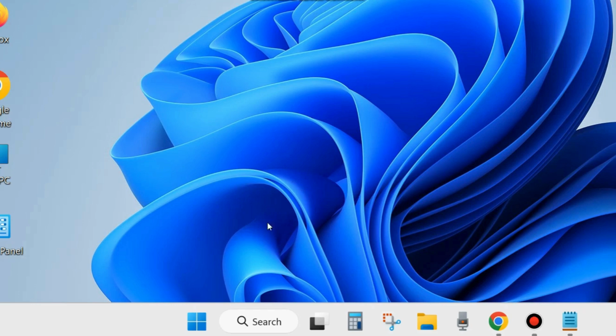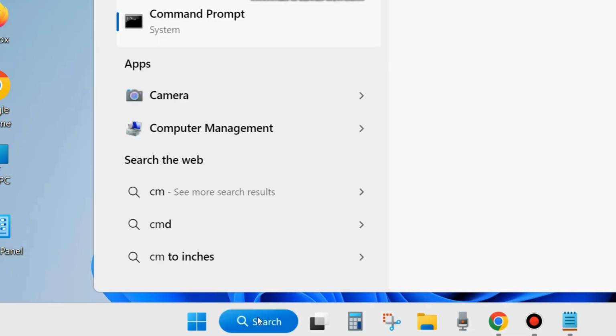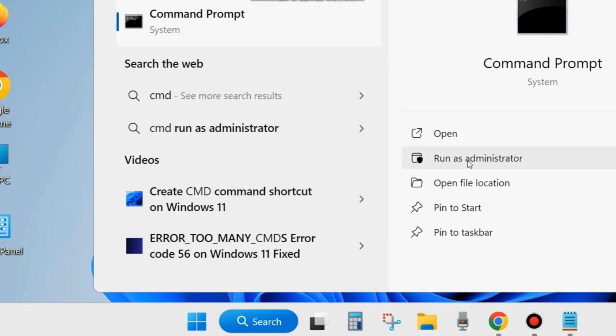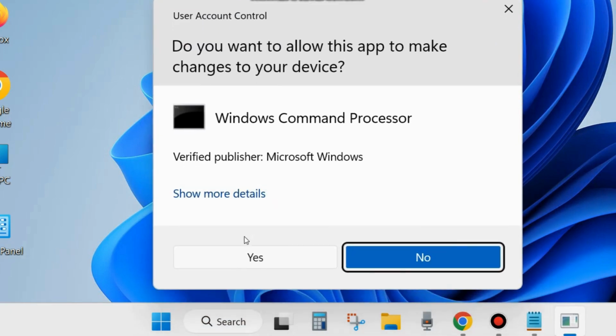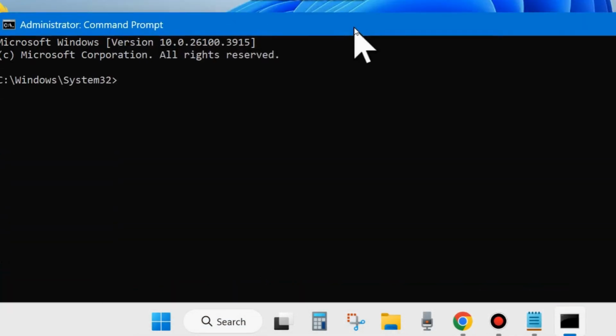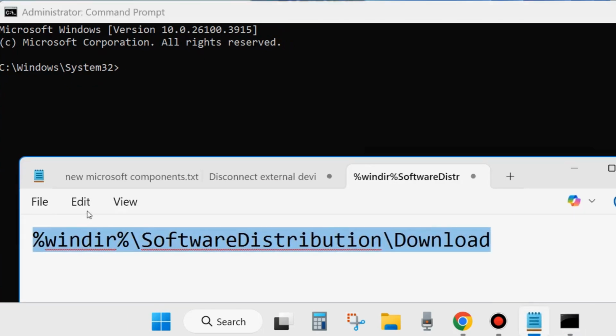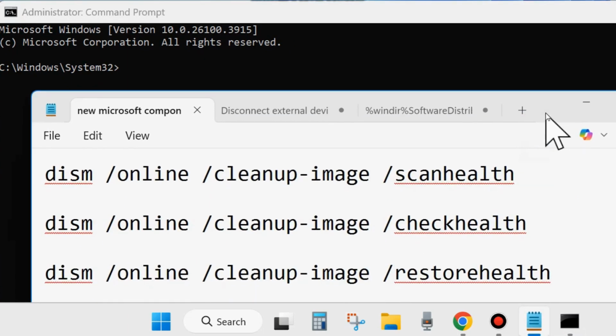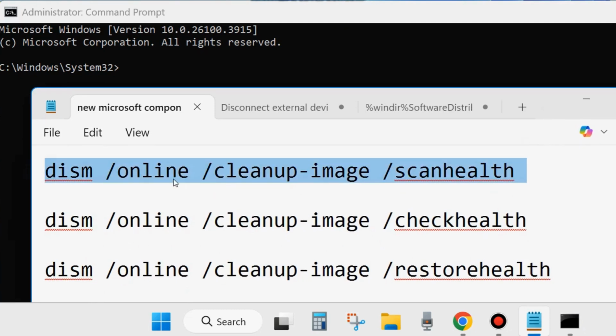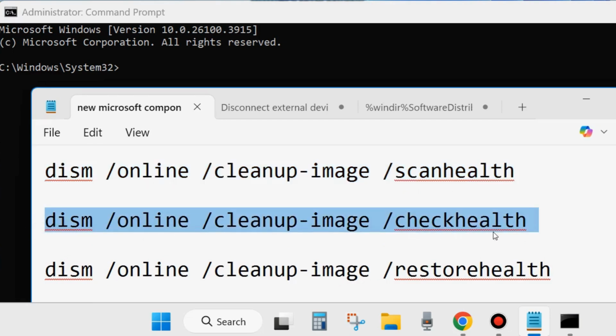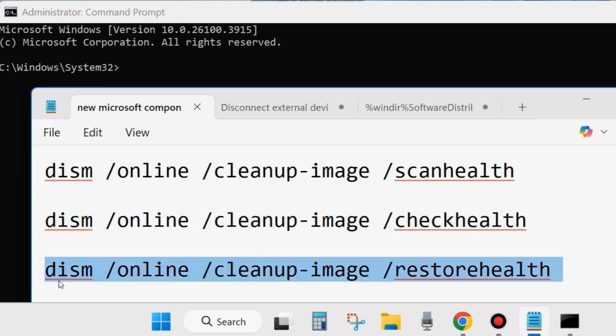If you are still facing it, then go to the next fix. Go to Windows search and type CMD and open the Command Prompt window in run as administrator mode. A pop-up window will appear, User Account Control, choose Yes, and in the Command Prompt window, execute the commands as shown on screen. There are 3 DISM tool commands one by one: DISM /online /cleanup-image /scanhealth, DISM /online /cleanup-image /checkhealth, and DISM /online /cleanup-image /restorehealth. Execute all these 3 commands one by one, pressing the Enter key each time,